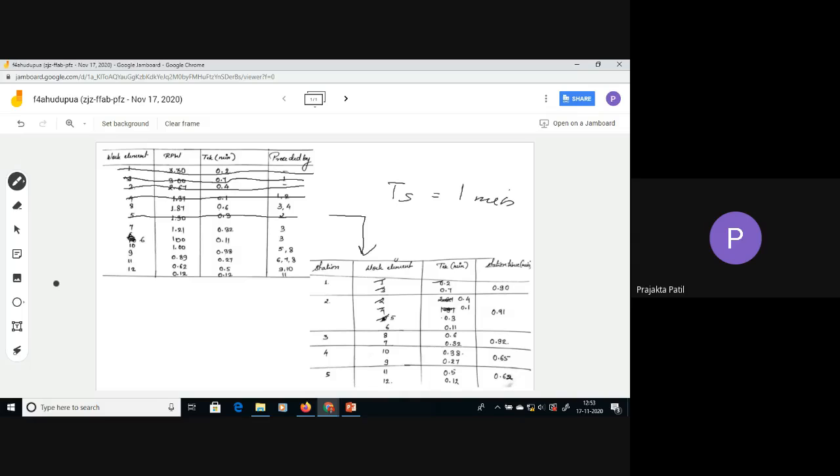So let me see if there can be further assignment or allocation. Once I strike off this 5, I cannot just continue. After every striking, you have to start from step 1. So 1 assigned, 3 assigned, 2 assigned, 4 assigned, 8. Can I put 8? No, the TK value is 0.6, it's more. What about 7? It's 0.32, it will exceed the TK value. What about 6? 0.11. Yes, this can be taken in.